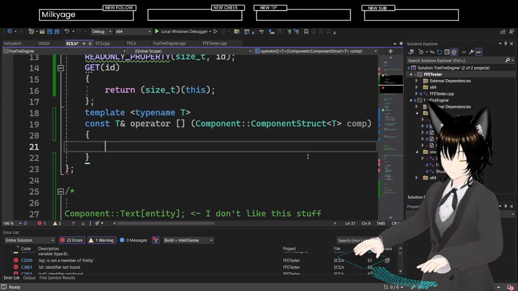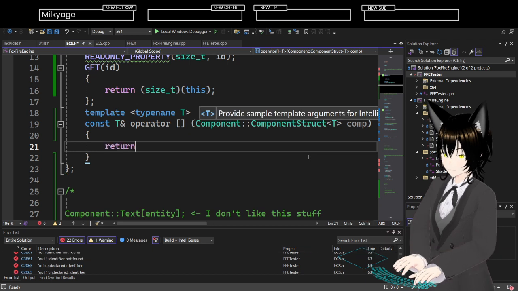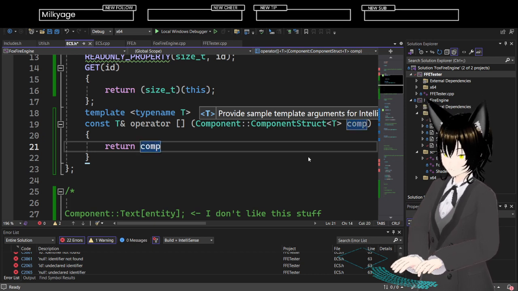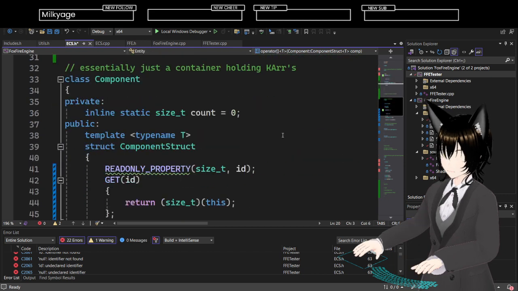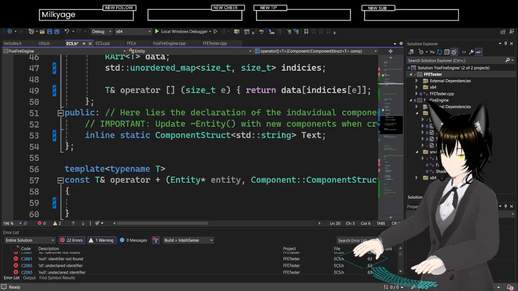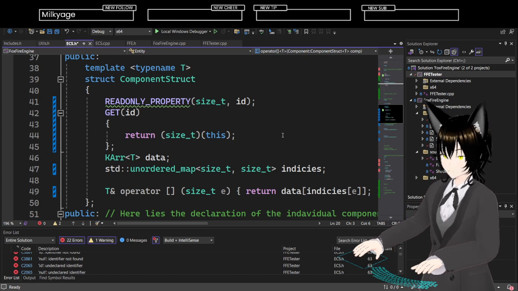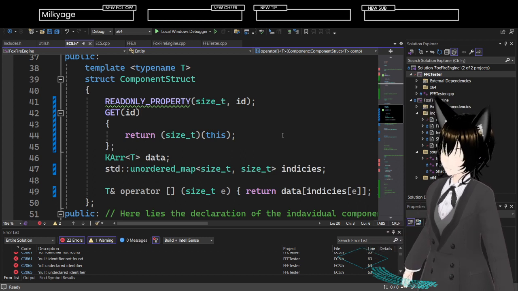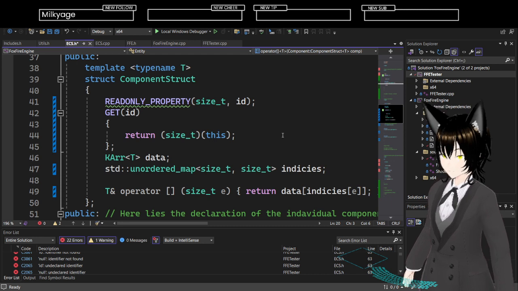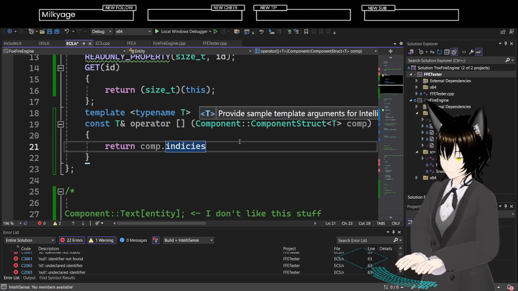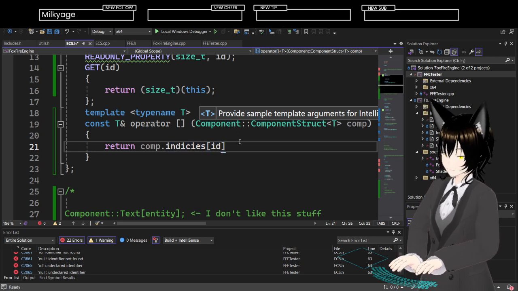And in here, what I want to do is return the components, component indices at ID.